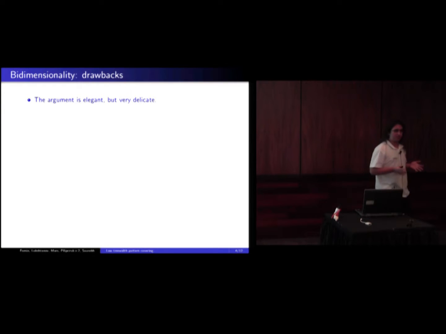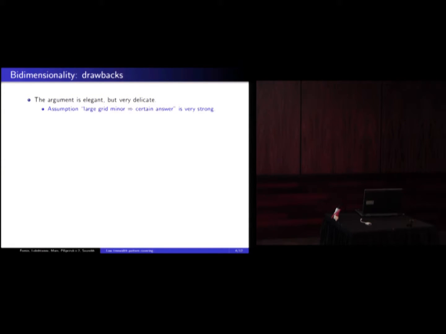However, it is pretty clear that this argument was very, very delicate. Namely, this assumption that having a large grid minor in my graph already tells me that I can finish my algorithm and say a clear yes to the problem. This was very strong. And also, it is not robust under any generalizations of this problem. So let's